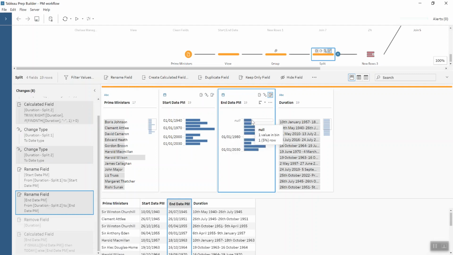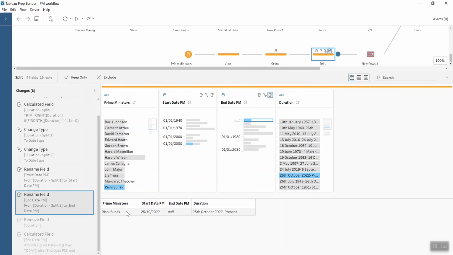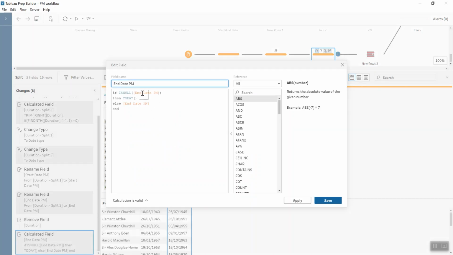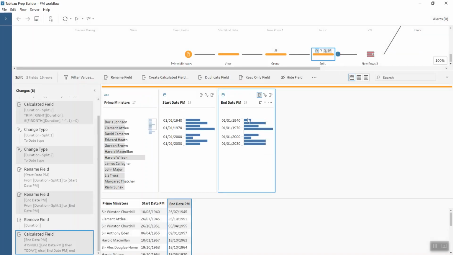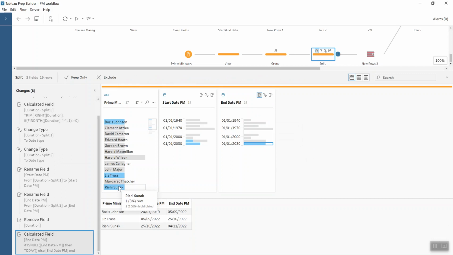And for those null end dates, for example, if I click on that, that is the current Prime Minister as I'm recording this. So we're just going to replace that with today's date. So we just do a little calculation where we say if it's null of the end date, then we replace it with today, and else it's the end date. So if it's not null, then leave it alone basically. So now you can see that for Rishi Sunak it is the 4th of 11th